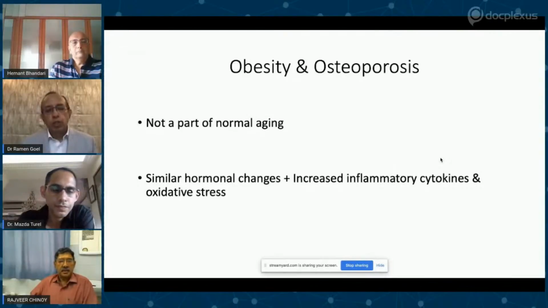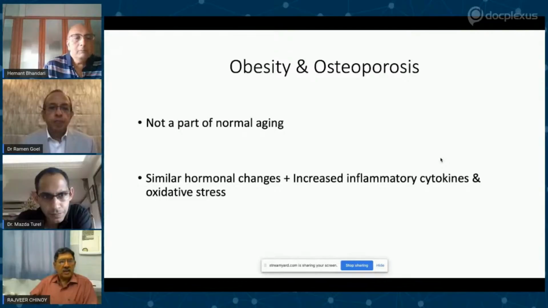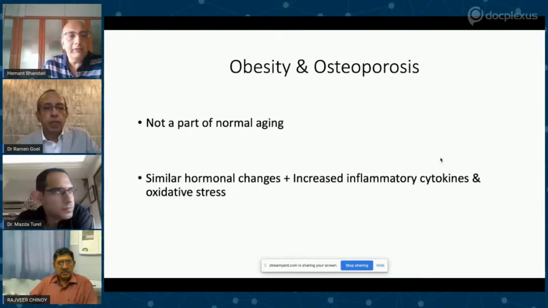Okay. So one thing that we have found common is that obesity and osteoporosis are not related to age. I mean, people say that as we age, our bones become weak. Is it true? Dr. Bhandari? Who are you asking? Are you asking me or Hemant? Dr. Bhandari? Yeah. See, it is a natural progression for the bones to become weak as we advance to